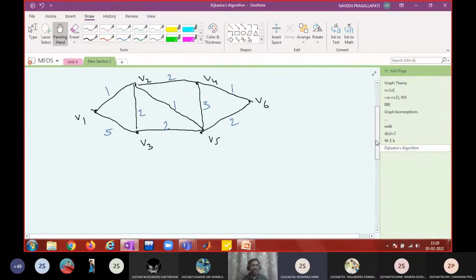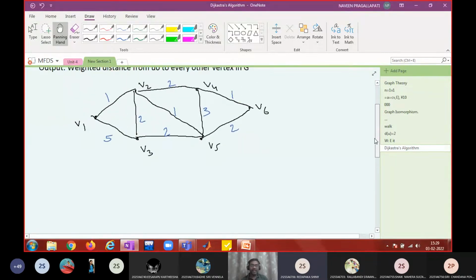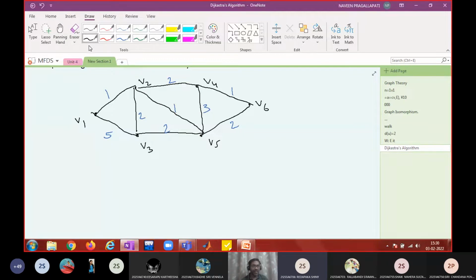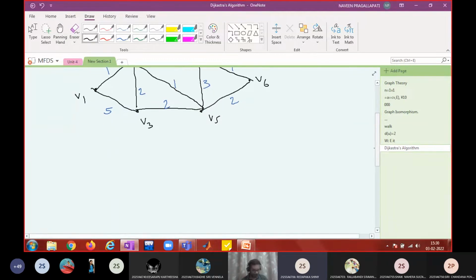So then what is that algorithm? First we'll see the algorithm, so write down the algorithm, copy the algorithm. Let me write down the algorithm. It has a few steps. Then we shall apply it, because even if you miss some point in the algorithm, you may not get the correct output. So step one